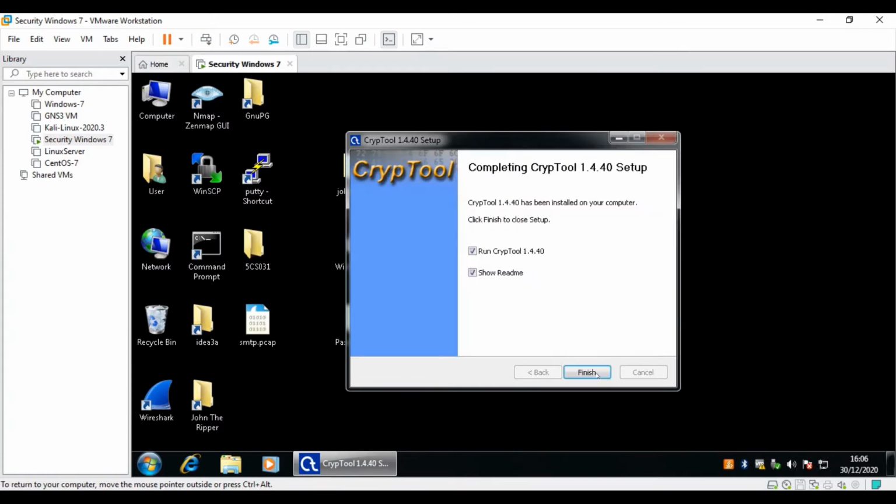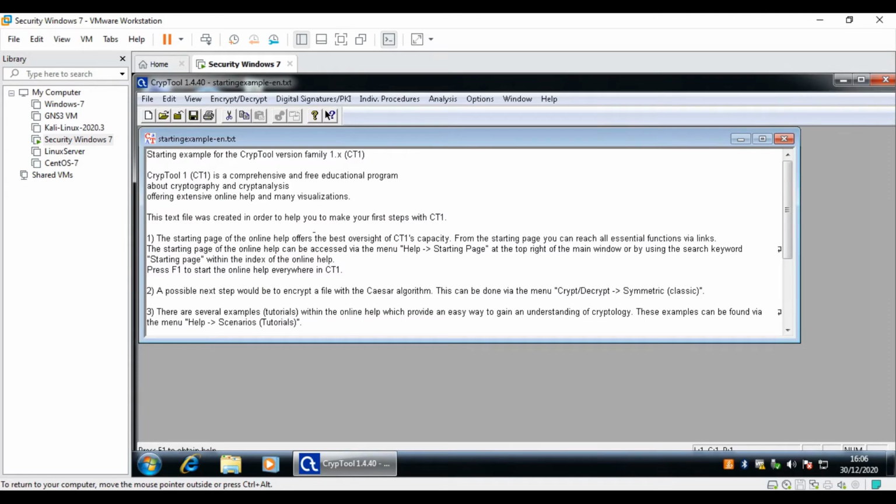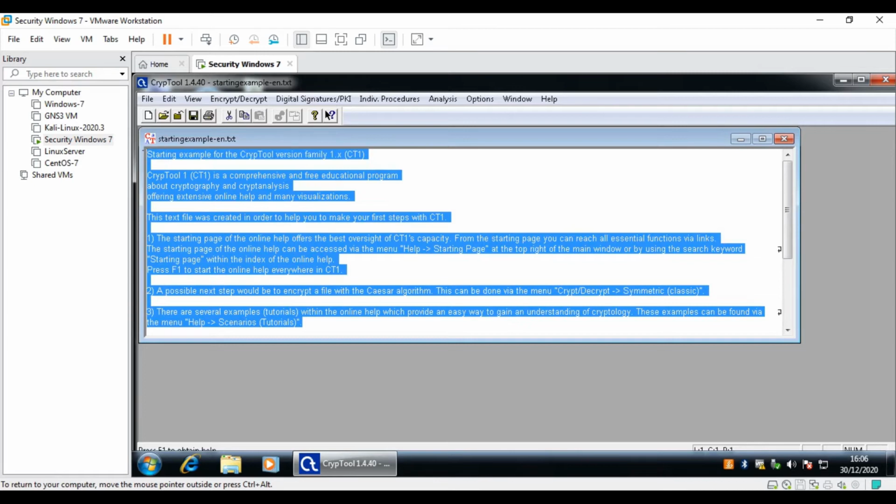And next, untick and just click run CrypTool, and voila, this is the CrypTool 1.4.40 version. You can see that an initial notepad is available, and you can paste whatever text you want to play with here. And this is how you can install CrypTool 1.4.40.